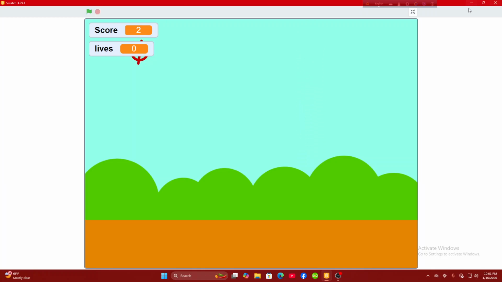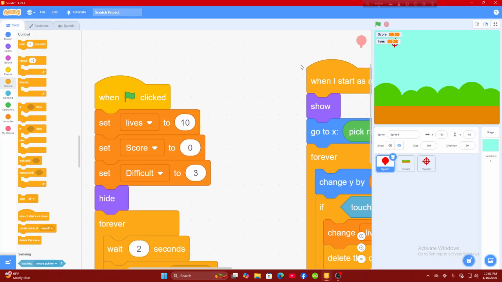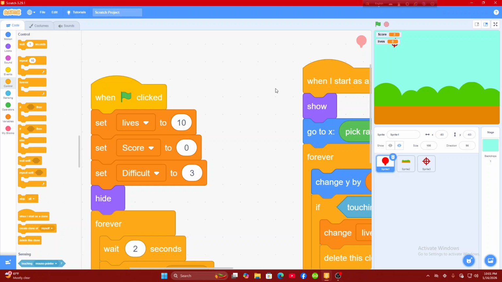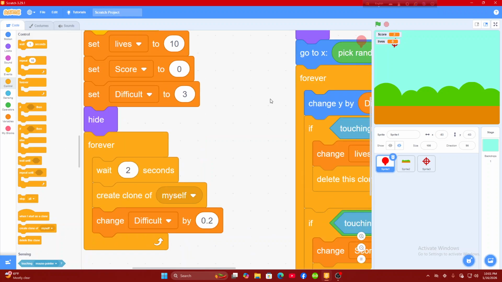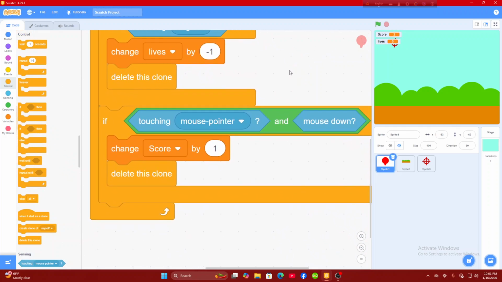Ta-dam! Just like so. Now, the last thing is that if we're touching the mouse pointer after changing our score by 1, let's just